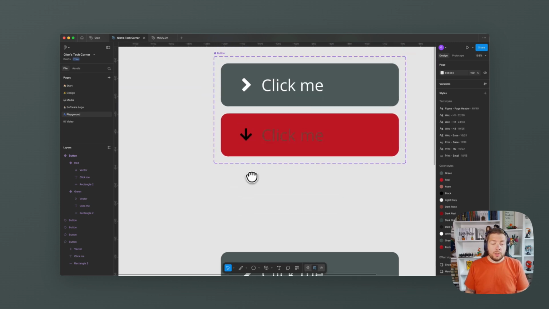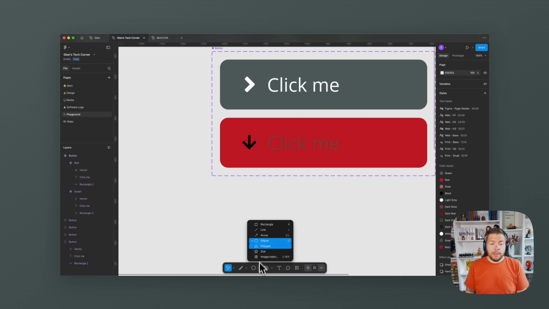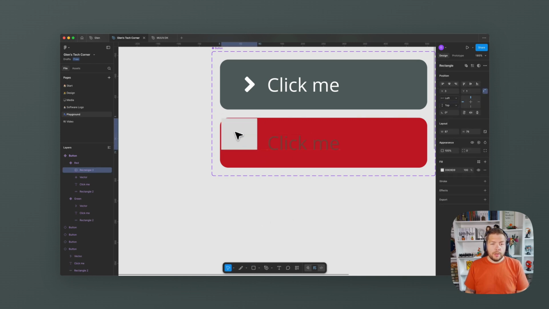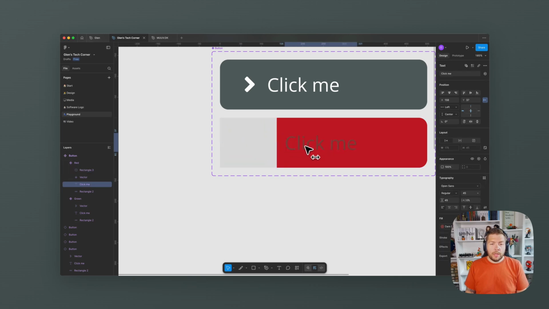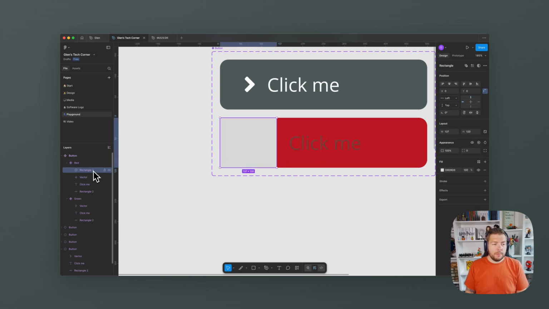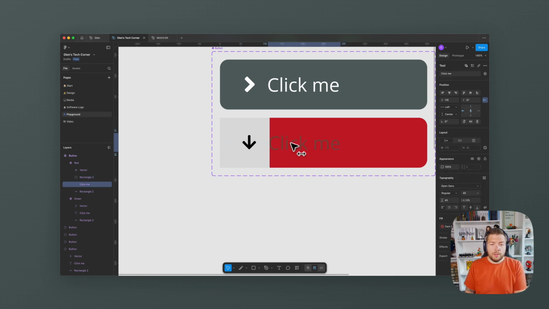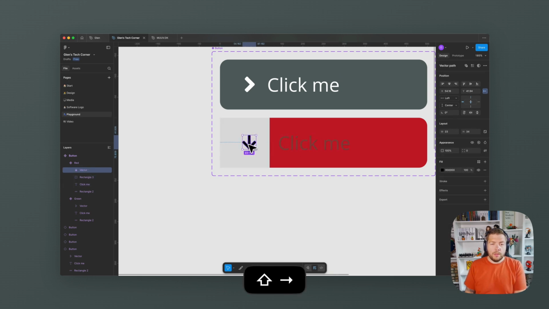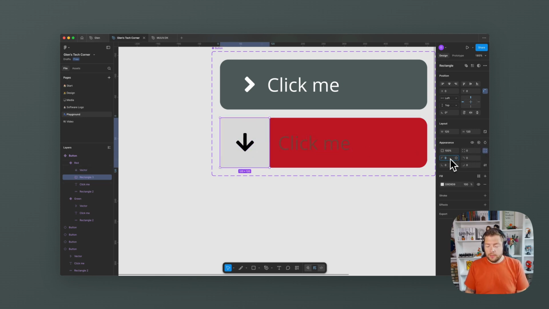Let's imagine that we wanted to do a little bit more. We also wanted a background behind the arrow icon. So I create this background. I move the text a bit, put the background behind the icon, give it the same width, centralize the arrow, maybe making it slightly bigger, 20,